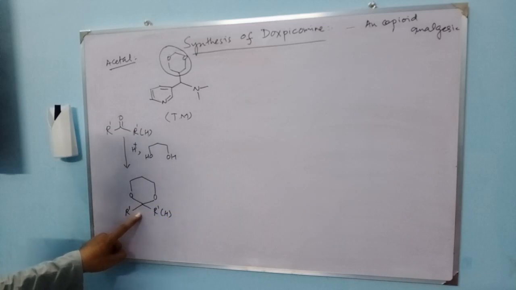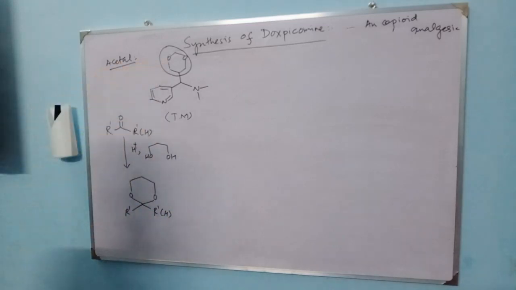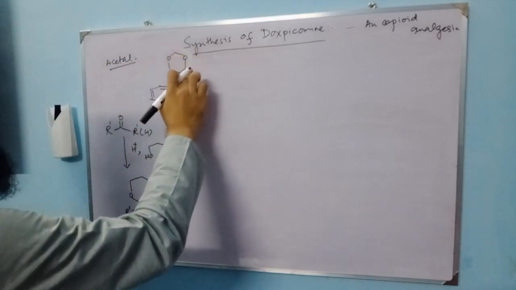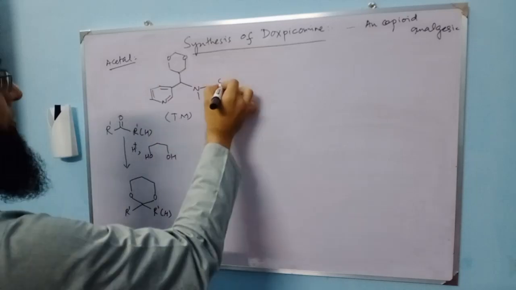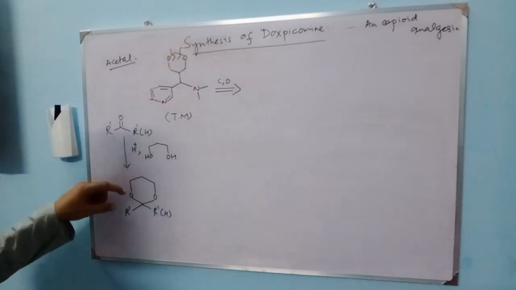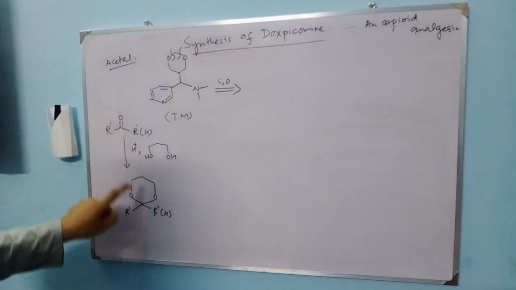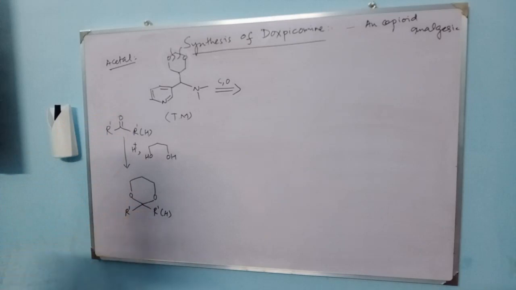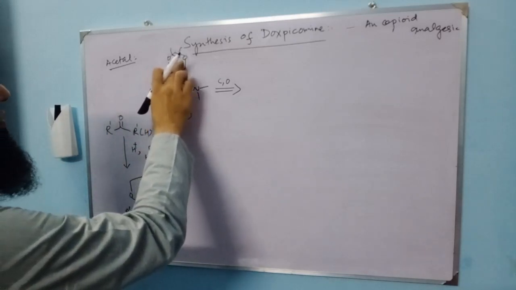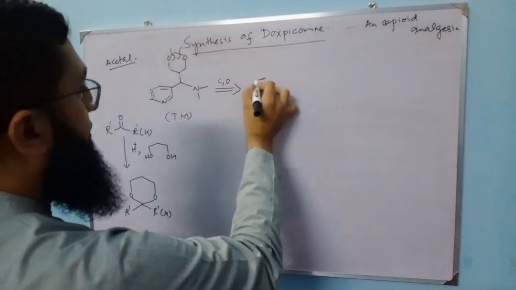We can see this is the same as we have here, therefore we can use this acetal for our disconnection here and here, because in a single step both the bonds are formed. So simultaneous disconnection of bonds from both sides would take place, and we will get